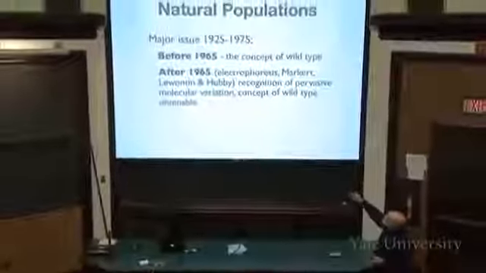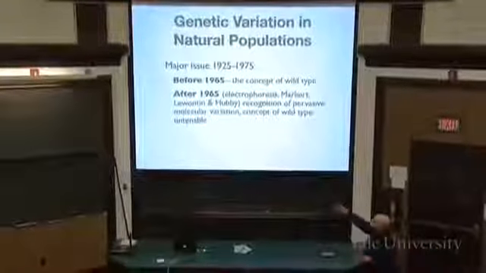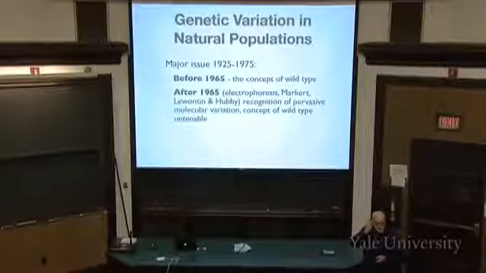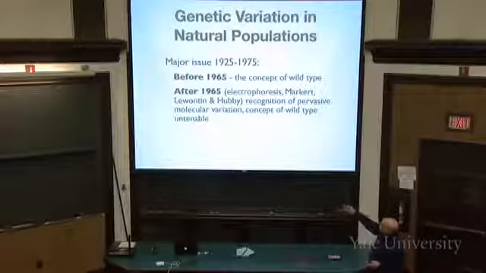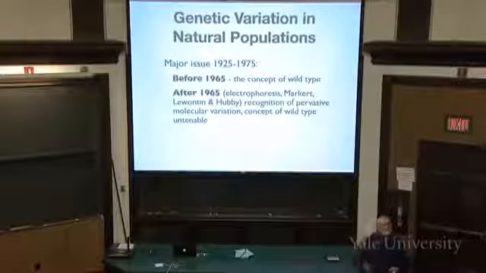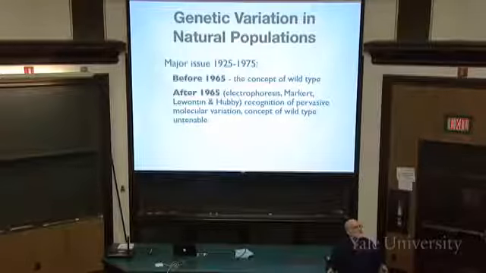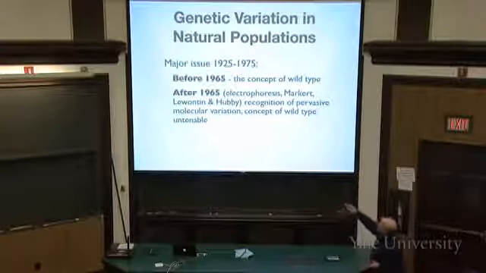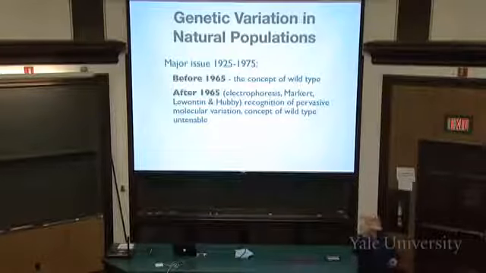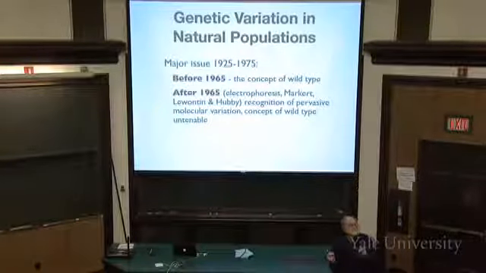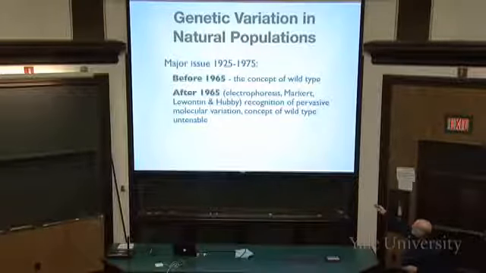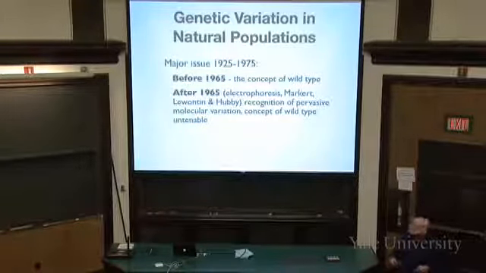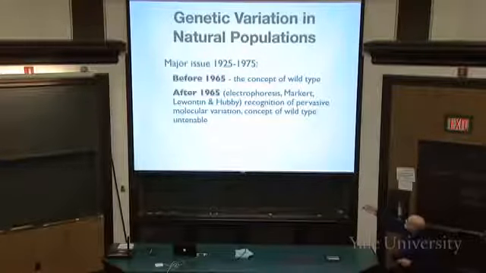Okay, so where genetic variation came from and how much there was a huge issue and caused a lot of research and controversy for about 50 years. Before 1965, there was the concept of a wild type out there. So there was one really good genome, and then there were a few mutations. After 1965, with electrophoresis, the impact of Clement Markert's work and Dick Lewontin and his colleague Hubby, we've recognized that